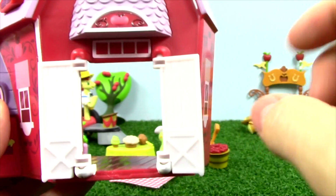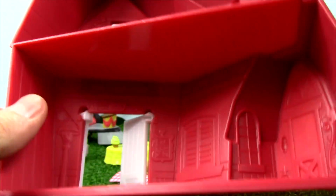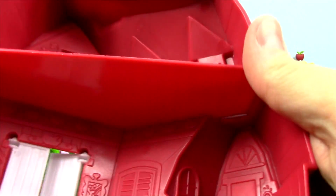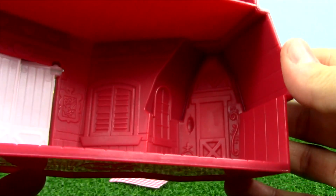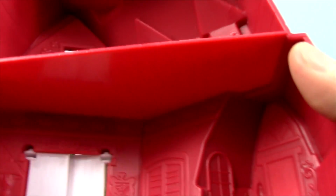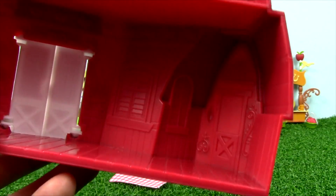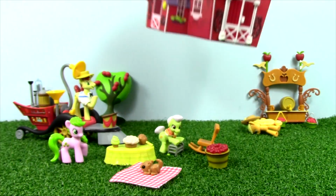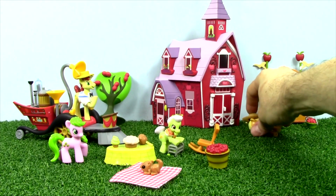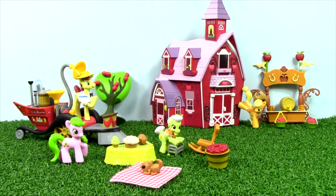So you can have your ponies go inside. And on the inside, there are some really cool details. There's some shutters in the door and a wood floor. And there's a little window up top. So I think this is just the coolest little barn playset. So let's stick that back here. And that stands up just fine. And I'll prop up Applejack again. And we have this awesome